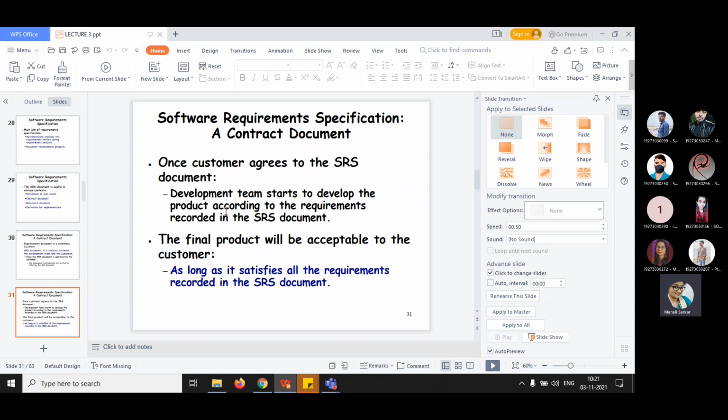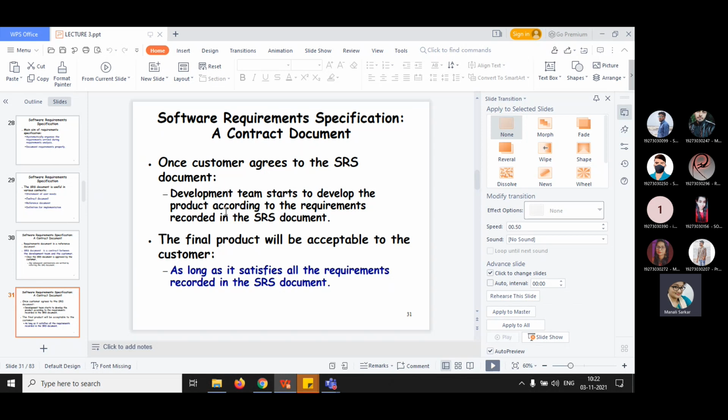Whatever the customer has demanded, the development team notes down in a document, and the customer signs it, which means the customer agrees that what he has said exactly matches the document. That's why the customer signs, and then the development team starts developing from that document.